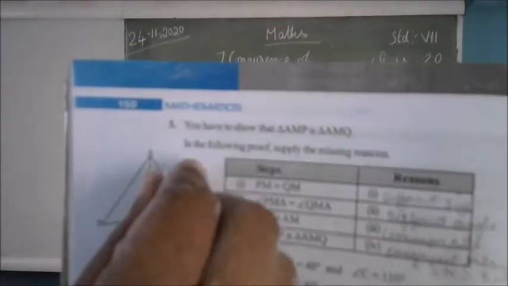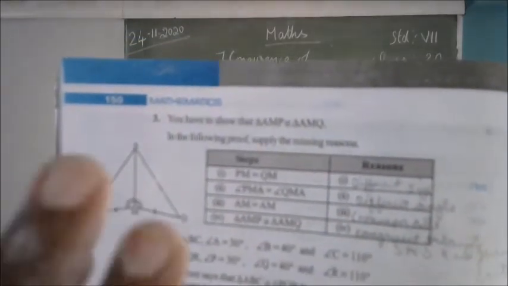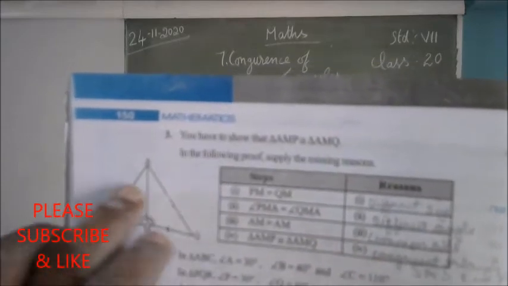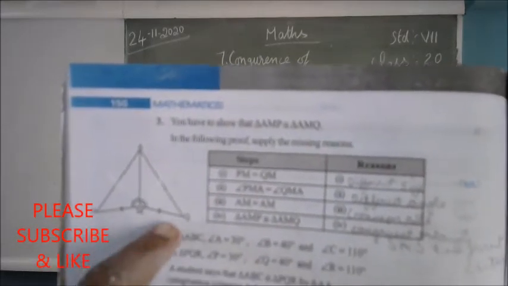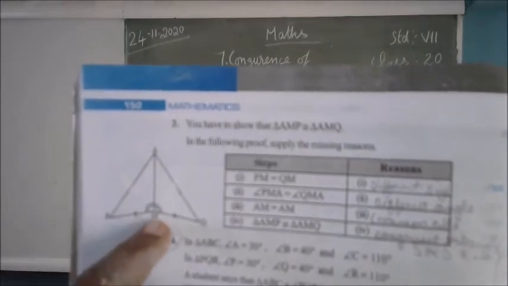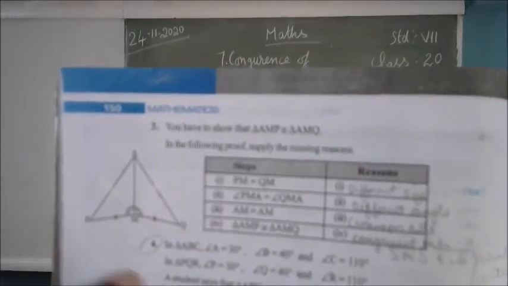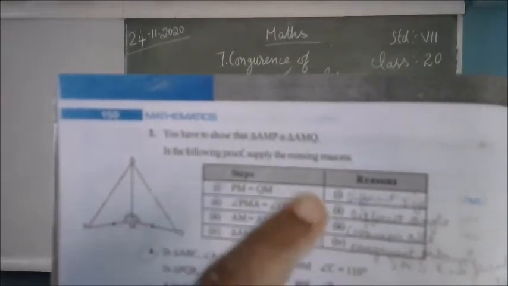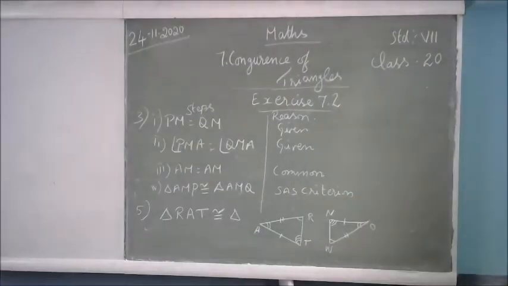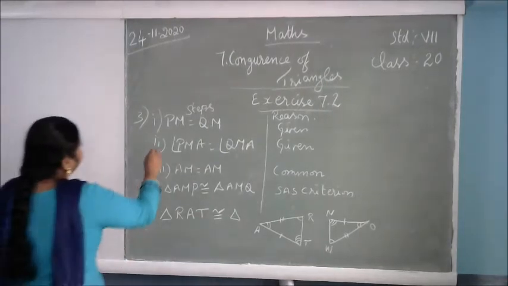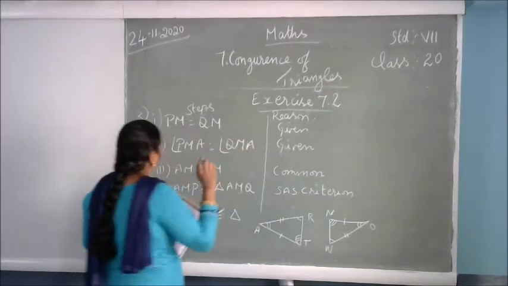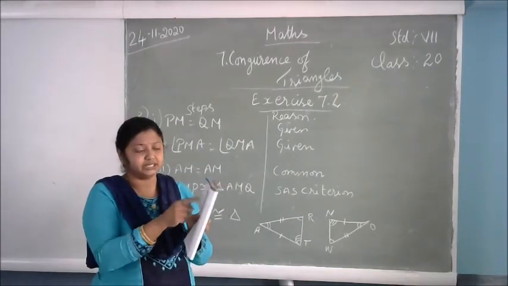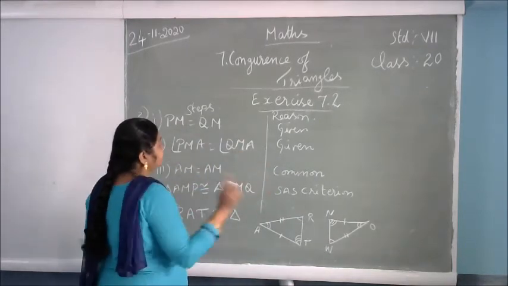What is the meaning of these 2 lines? Here also 2 lines. That means this side and this side are equal. If they are putting only 1 line and 1 line, that means those 2 sides are equal. Here 2 lines are there, here 2 lines are there. So if PM is 5 cm, MQ also will be 5 cm. So PM is equal to QM, this is already given. That's why I wrote here PM is equal to QM is given. Whatever is in the book, I don't write the answer, the answers are wrong. Here whatever I wrote, these are the only correct answers.